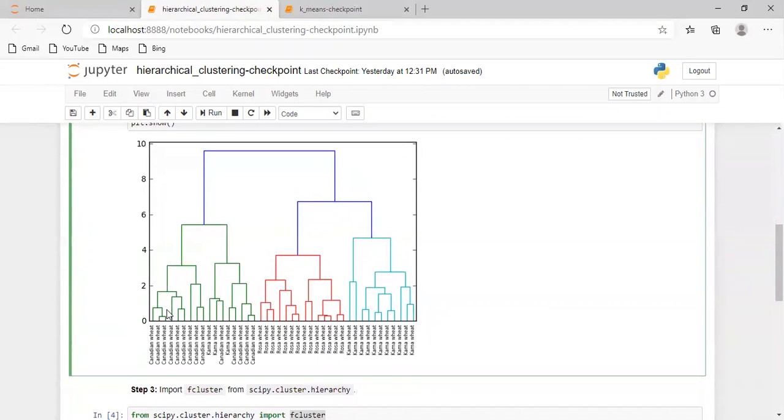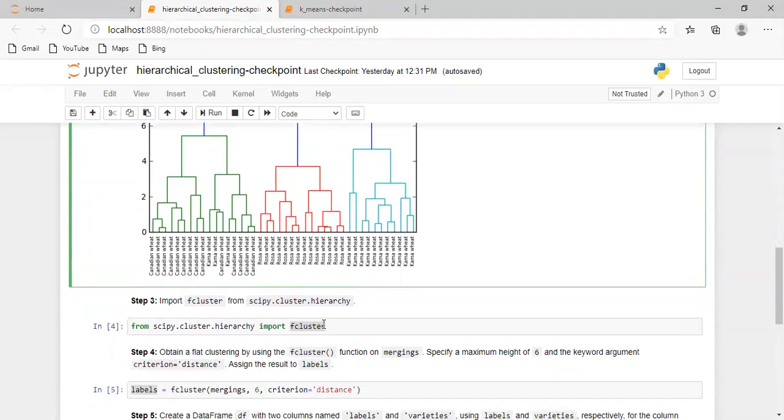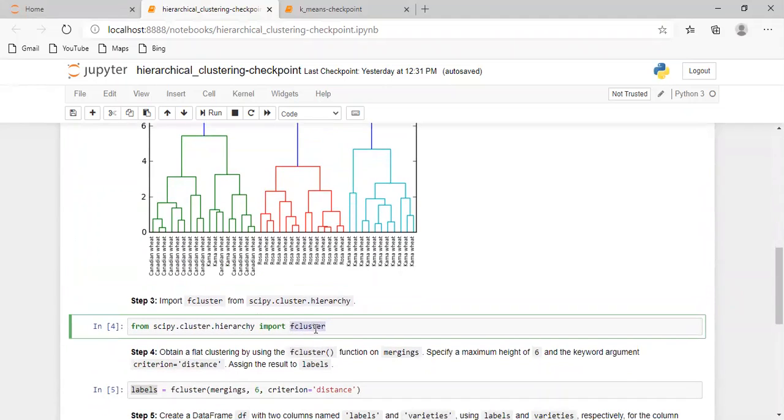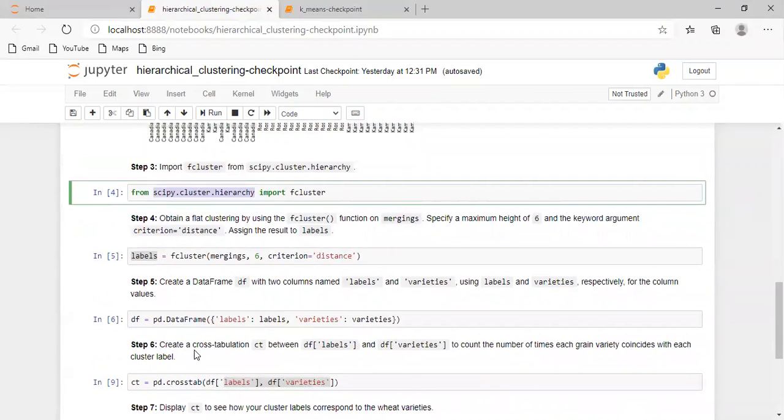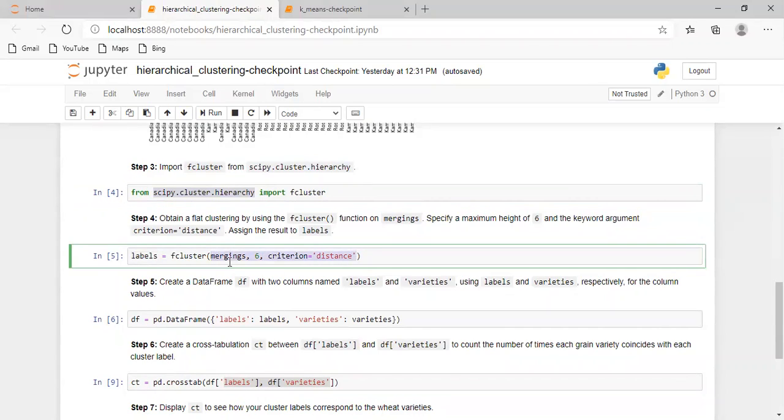So what is the main aim of the program? We have to extract the cluster labels. So we are going to use fcluster here. This is a function that we import from the package called scipy.cluster.hierarchy. Next, depending upon the parameters used here, such as mergings, criterion, and distance, we assign these values to the labels.